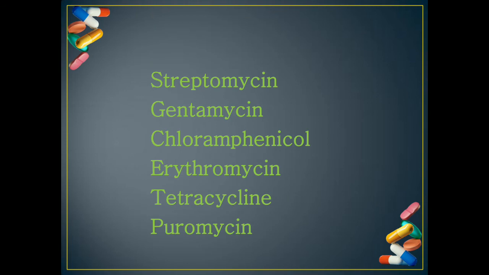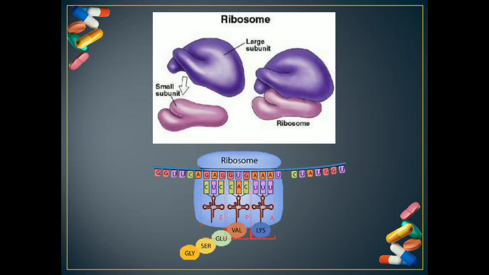Now, these are some of the antibiotics which are classical examples of protein synthesis inhibitors. We have streptomycin, gentamicin, chloramphenicol, erythromycin, tetracycline, puromycin. All of the aminoglycosides are actually protein synthesis inhibitors. So, all these antibiotics are inhibiting one or the other step in the synthesis of proteins. For example, the streptomycin blocks the 30S subunit or the smaller subunit. So the moment an antibiotic comes and attaches over here, the subunit loses its conformation and is unable to function or is unable to bind with the larger subunit to form the functional ribosome. So streptomycin will bind to the smaller subunit.